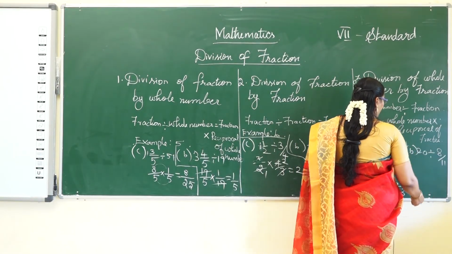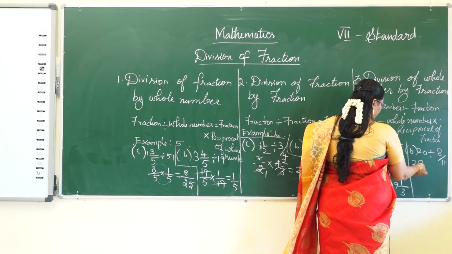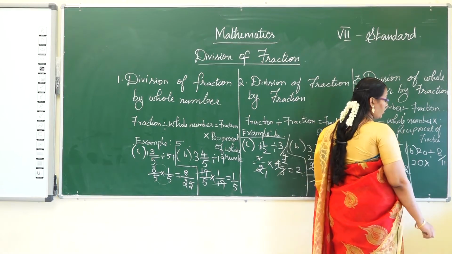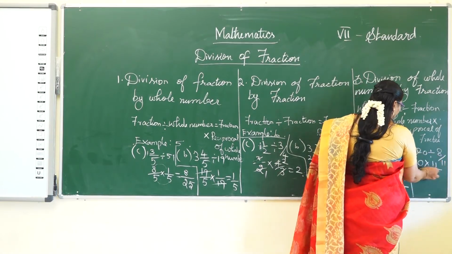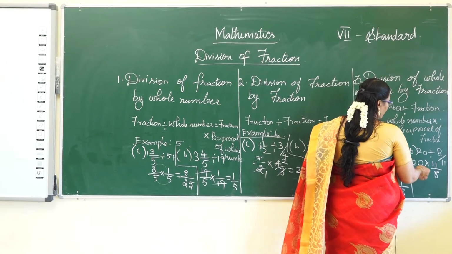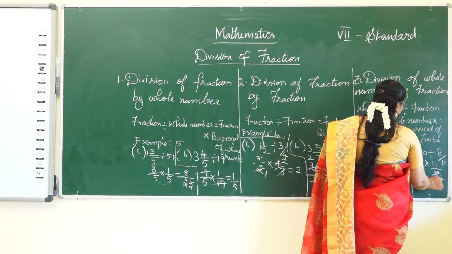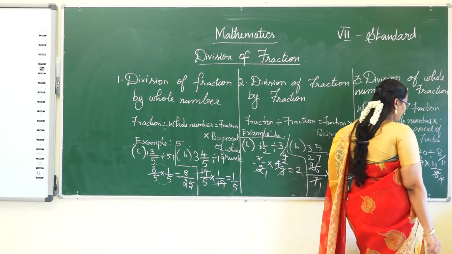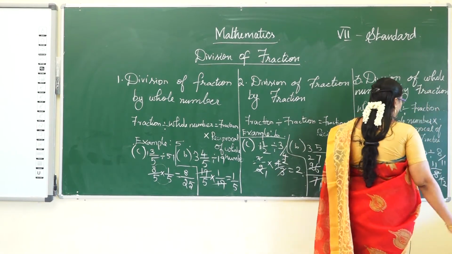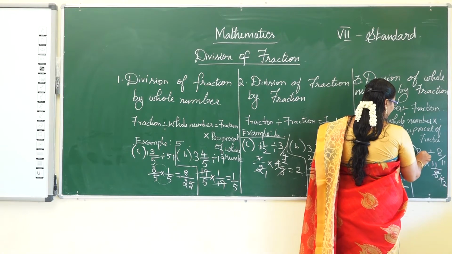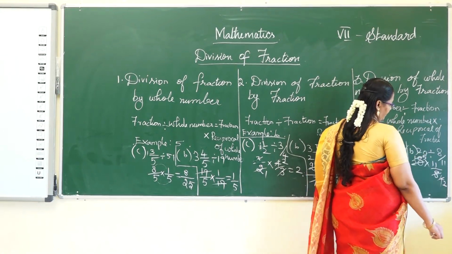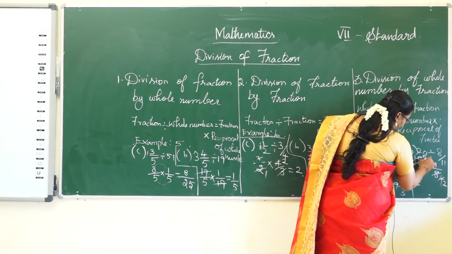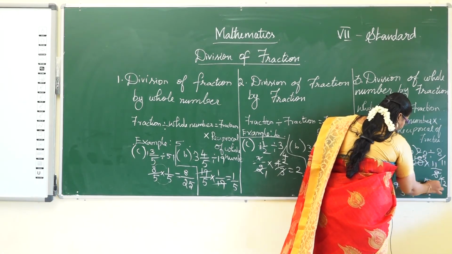And next one, B, 20 divided by 8 by 11. Okay, so multiply the whole number by the reciprocal of 8 by 11, which is 11 by 8. It cancels in the 2 table, isn't it? 2 4s are 8, 2 1s are 2, 10. Okay, again it cancels in the 2 table. 2 2s are 4, 2 5s are 10. So now multiply the numerators and denominators. What do we get? 5 11s are 55 by 2.